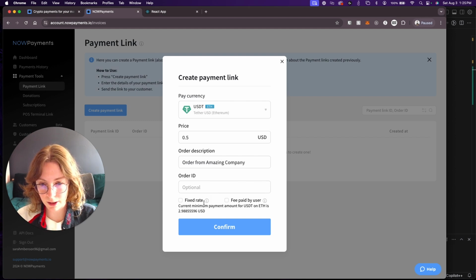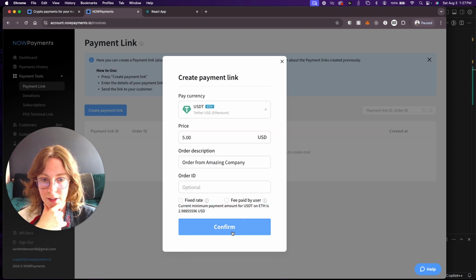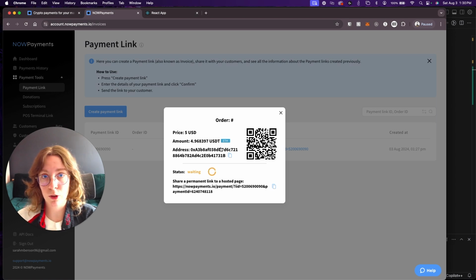And it looks like the current minimum payment amount for Tether on ETH is about $3. So regardless, someone would have to spend that much money anyway to be able to send a payment using Tether. So let's just change this to $5. All right, so now we basically have an invoice for this order that we just created that can accept